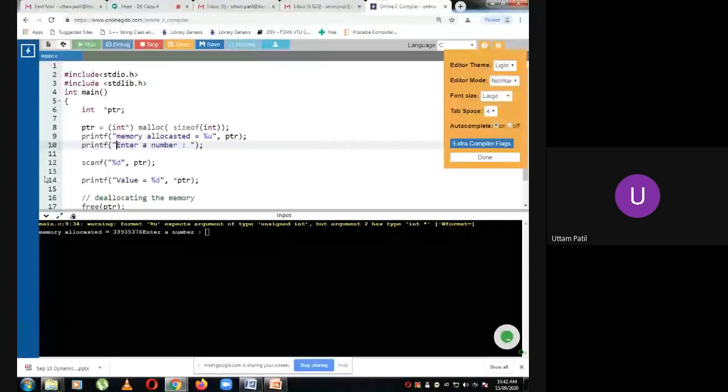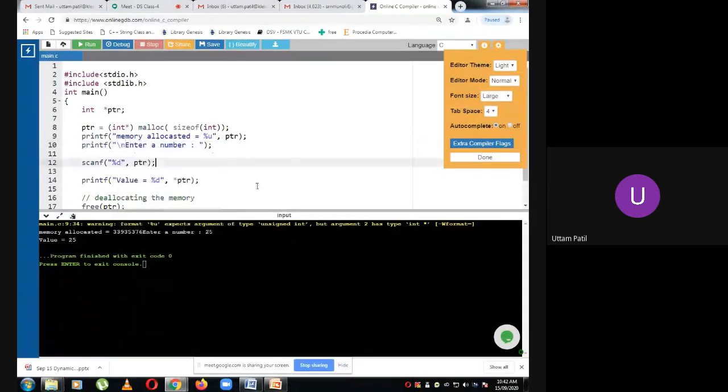So some memory location is allocated. I'll enter 5 and it is showing the value is 25. Every time I run the program, the same memory need not be allocated. So just remember the last three digits. It is 376.